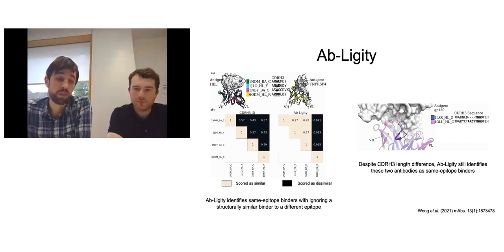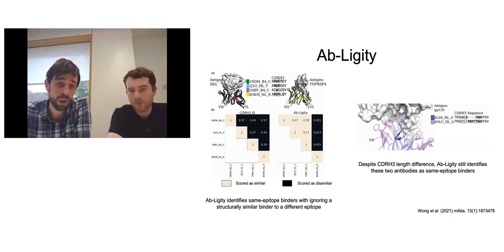And these are two really nice examples of how this can take you even further beyond what paratyping can do by considering the structure. Here we have 4 antibodies, 3 of which engage the same antigen and 1 of which does not engage the same antigen. So it's fundamentally different in terms of its specificity profile. If we just look at these antibodies based on their CDRH3 profile, all of them would be scored as dissimilar. So these are not going to get clustered together.